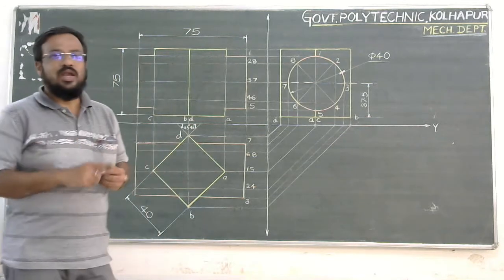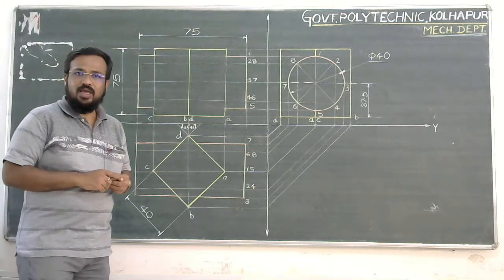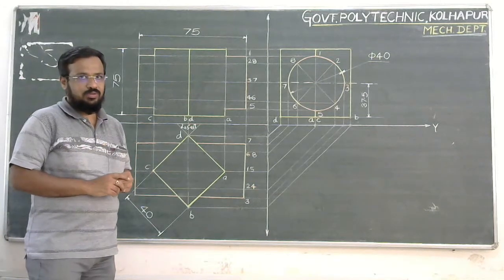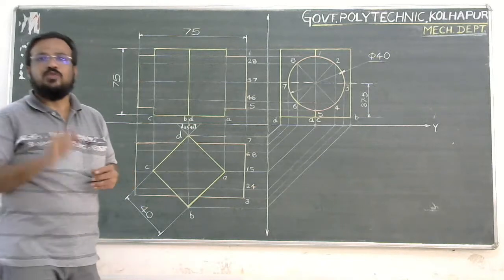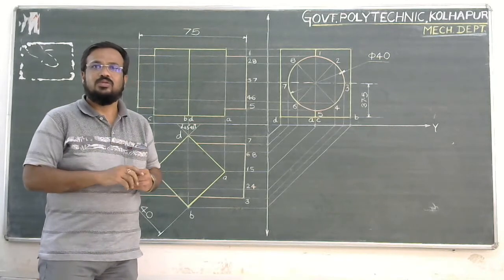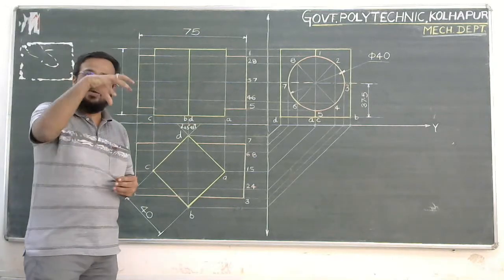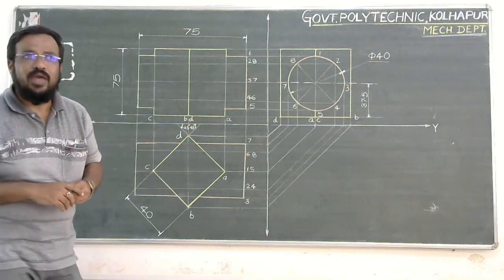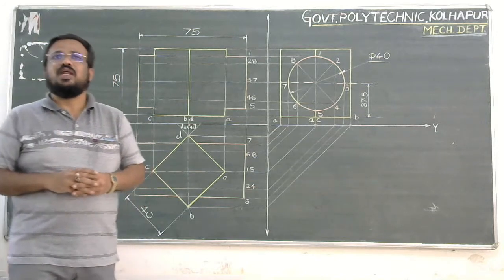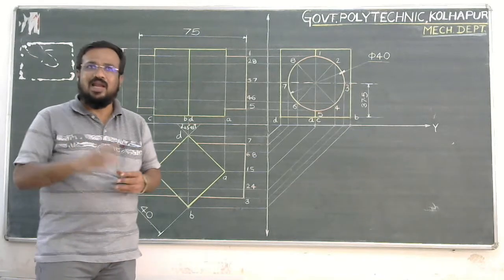Okay, so the first solid is a square prism. It is standing vertically with its edges equally inclined to VP. See, I am defining the correct position of the first type of solid. The name of the solid is a square prism. So this square prism is standing vertically with edges of base equally inclined to VP. So when a square prism is resting vertically with its edges of base equally inclined to VP, clearly in the